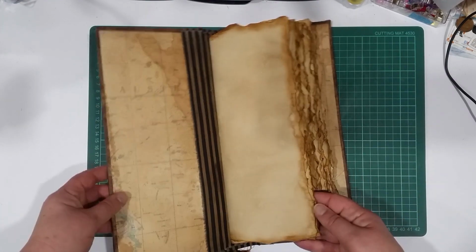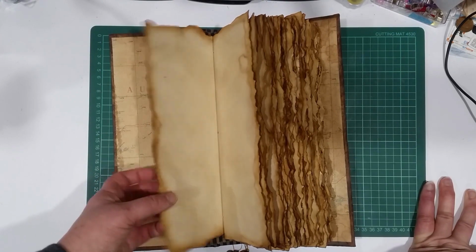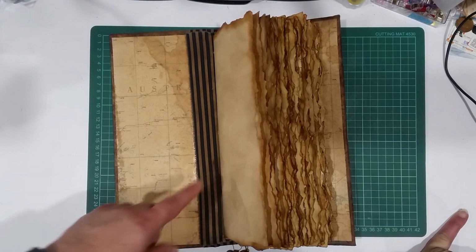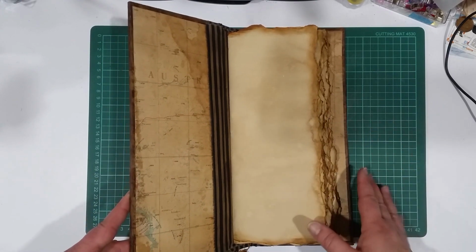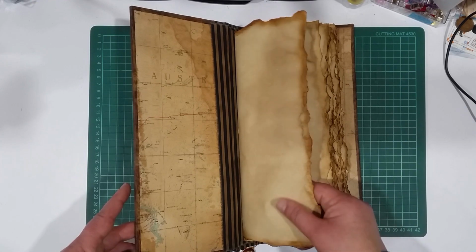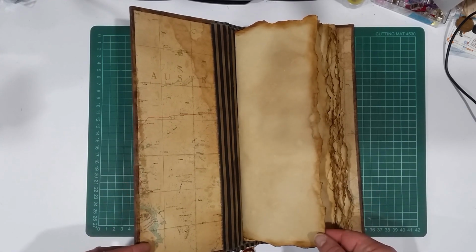So the only types of pages I use, this is a thicker paper. I deliberately used thicker paper because I know she wanted to use it to glue stuff in, I think. So I've used thicker paper. I don't know what weight it is though, because